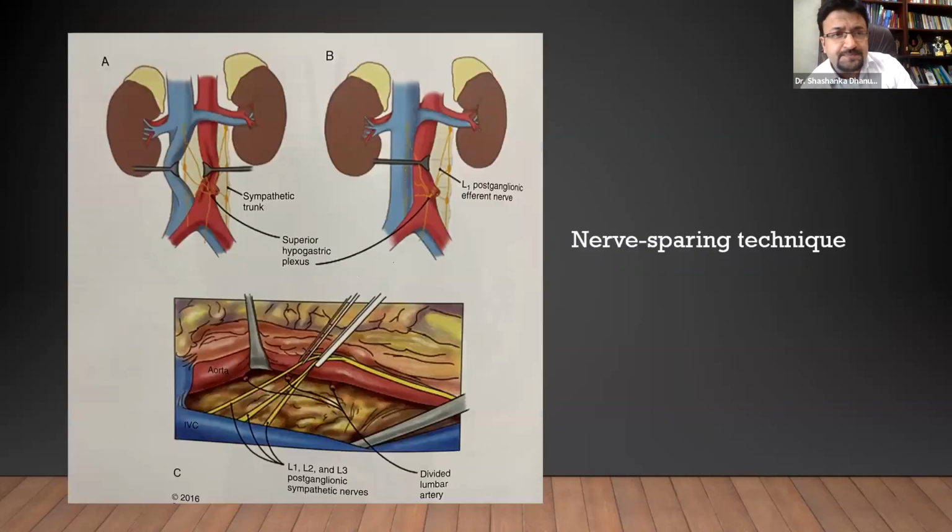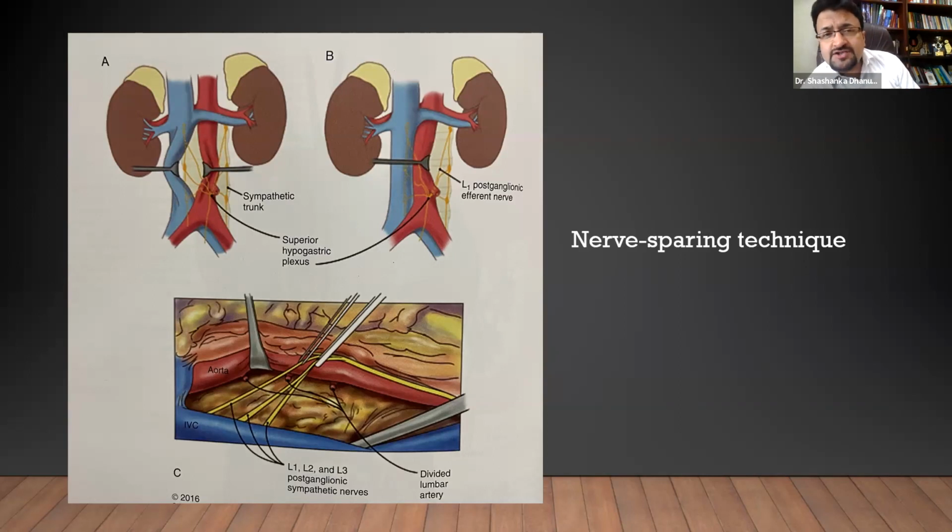All right, the location of the sympathetic trunk is very important in view of the nerve sparing technique, which is now considered the standard of care as long as it is surgically feasible. So a lot is talked about the location of the sympathetic trunks, which go into the superior hypogastric plexus. And you try your best to preserve the L1, L2, L3 postganglionic sympathetic fibers. And you may need to divide the lumbar vessels, but preserve the nerves. These run very close to each other. And this is the part which is challenging when doing